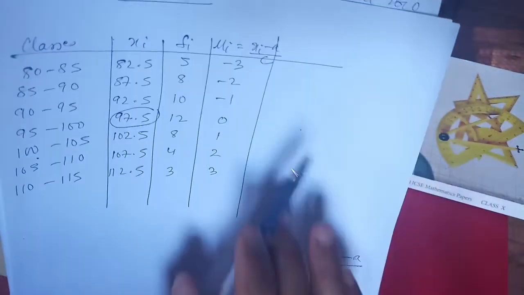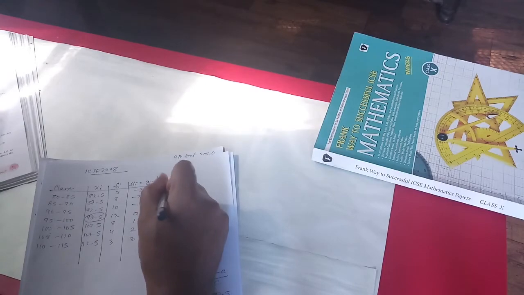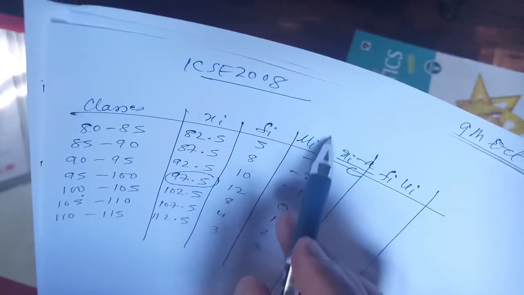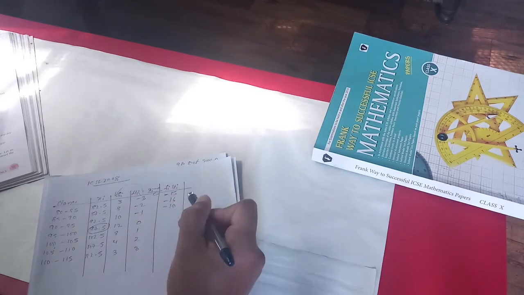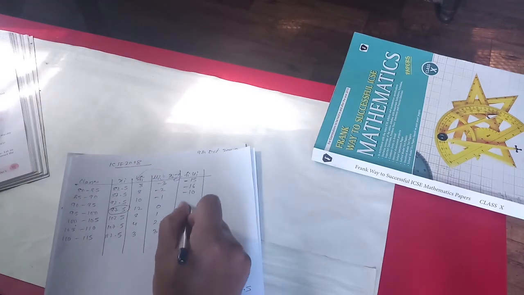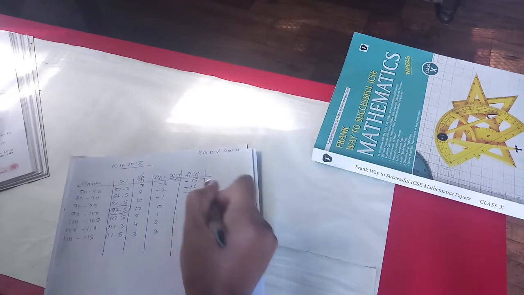Now you have to go to the fourth column. In the fourth column, what you have to do? You have to find fi ui. fi ui means these two you have to multiply. Go on multiplying. Minus 15, minus 16, minus 10. Then you will get 0, 8 1s are 8, 4 2s are 8, 3 3s are 9. Then